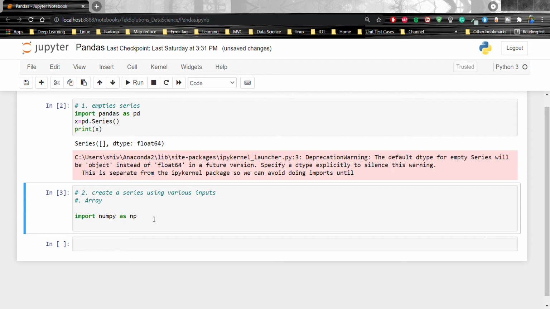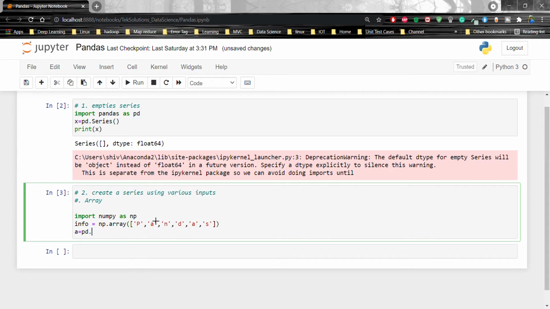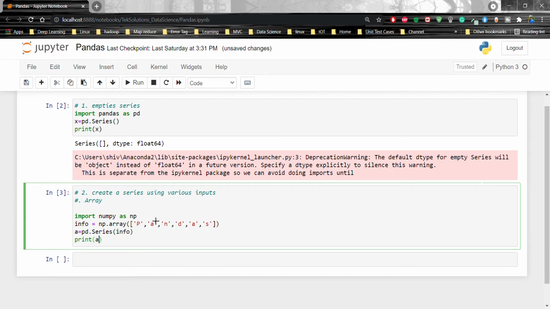Now what we are going to do: info equal to np.array, and then we are going to pass p, a, n, d, a, and s. And after that a equal to pd.Series, and we pass info and then print a. Okay. And let's run.